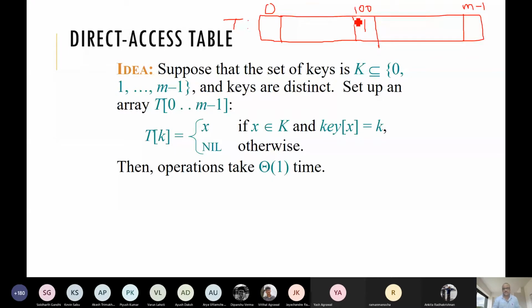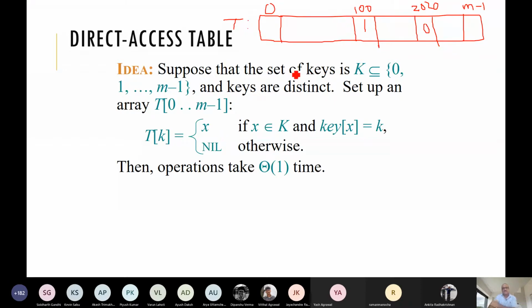So if our keys contain 100, then we have a 1 over here, and if 2020 is not there, we have a 0 over here. We discussed this data structure in the last class. If 2020 is not there in our records, that means we don't have any record whose key value is 2020, then we put a 0 over there. That means absent. So this is 1 or 0. This X is the record, I mean, the record is present in that field.